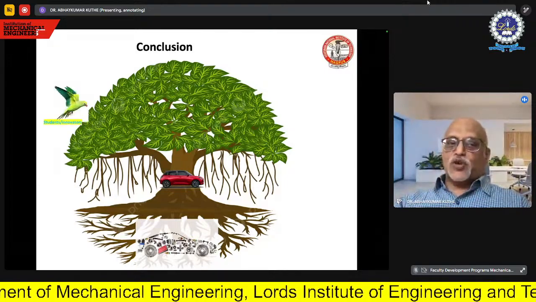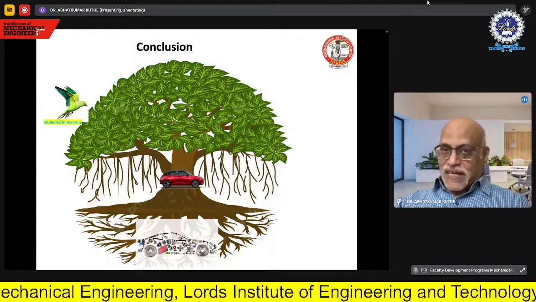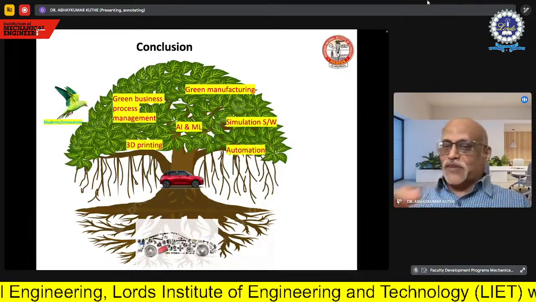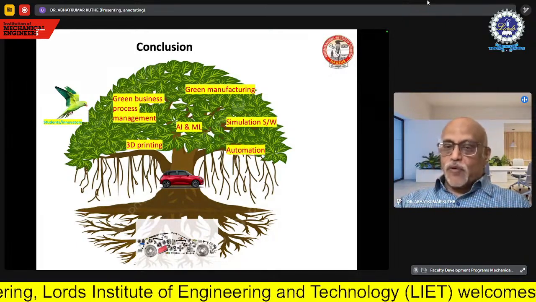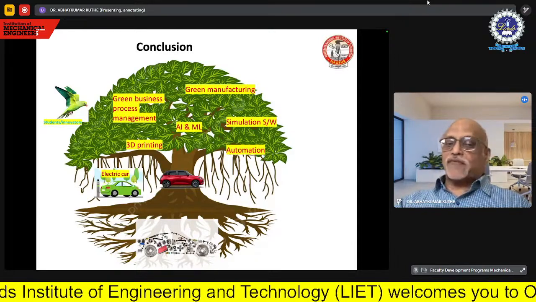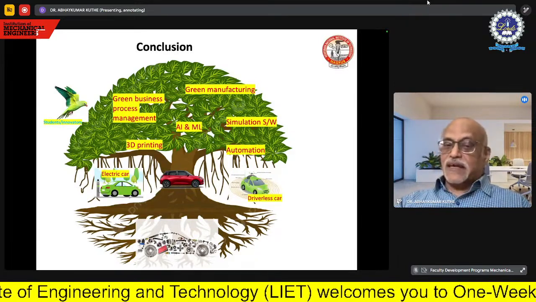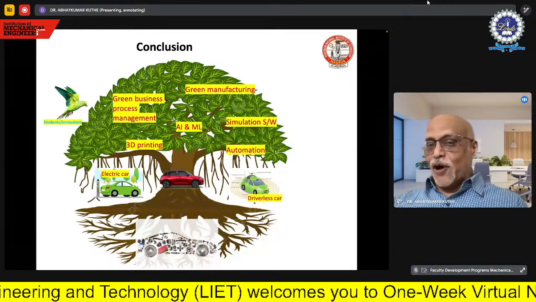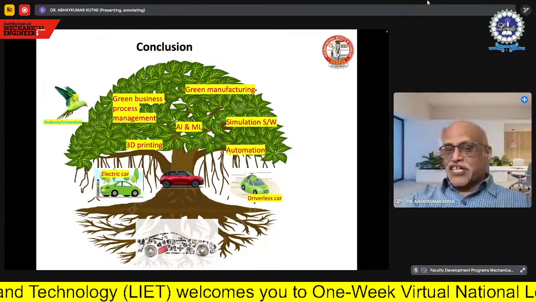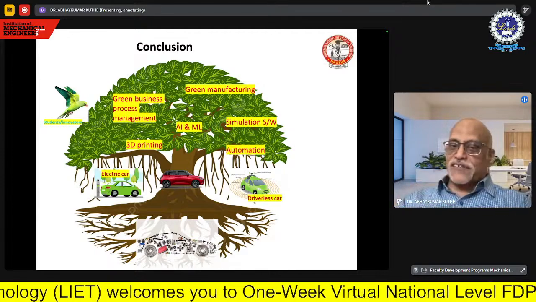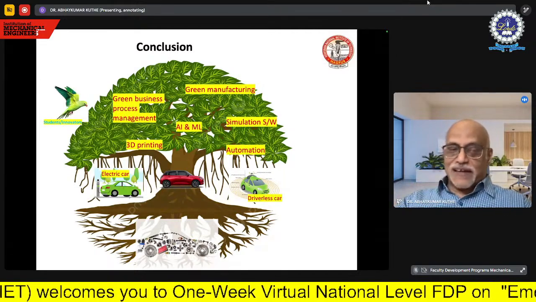Now, then you allow the innovator students to come into the picture, and then use the various tools, the one which I already mentioned. And then there will be what is called the innovative product, like the electric car, or maybe the driverless car. And that is indicating that you have to use all these things together to get the innovative product.